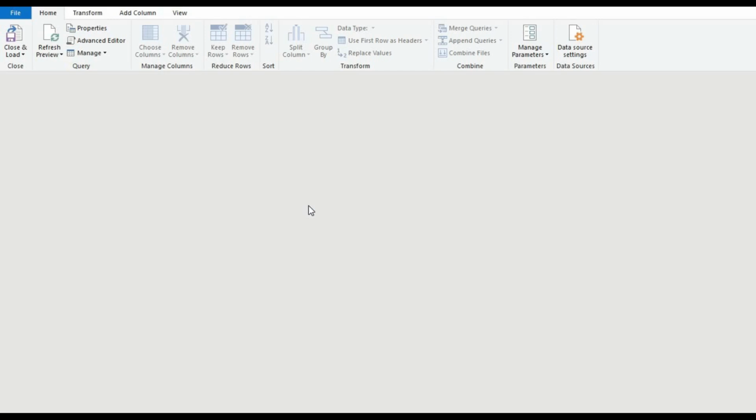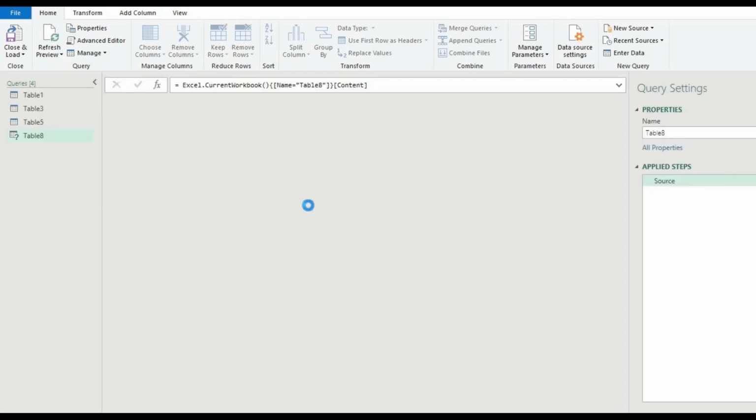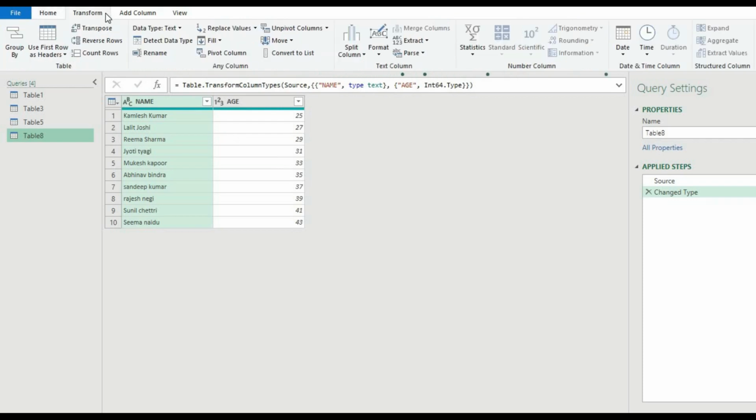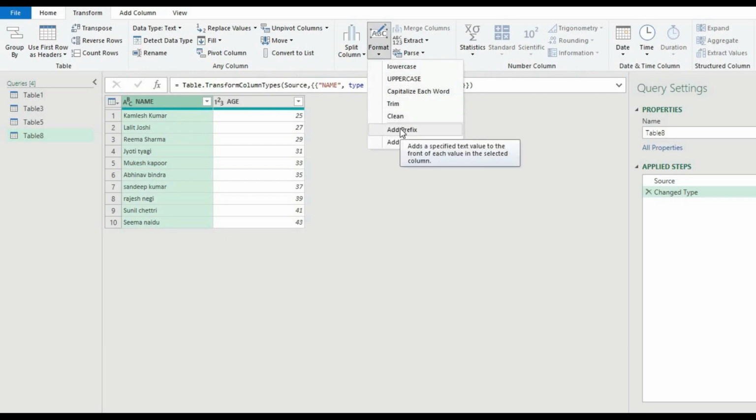So it will be converted into a table, and the Power Query Editor is open here. If we want to add a new column in front of them, we can add a column, otherwise we can do it in Transform only. So we'll go to Transform here and select our first data, and if you want to add a prefix, select it. We will go to Format here, and in Format there is an Add Prefix, so we'll click here,